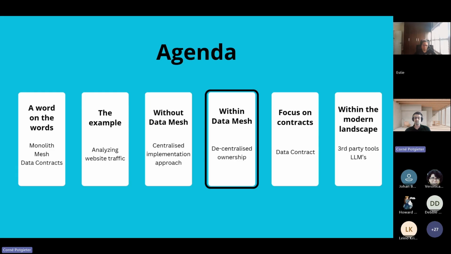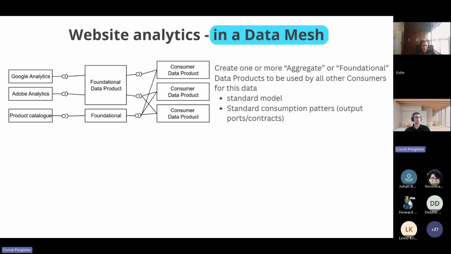So this example that I just showed, how can we implement it using data mesh? For the website analytics, I would say we have two options, and this is really from experience that I want to tell you the observations that I often have and where the challenges lie. Most of my debates are around this topic.